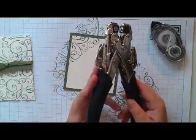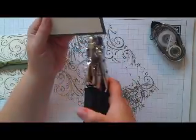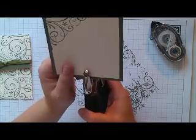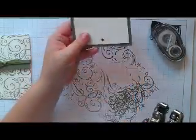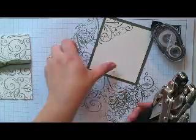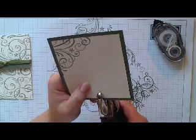Now I'm going to use the crocodile. I'm going to use the large hole, and I'm going to just eyeball it, but you could measure it if you wanted it exact. I'm going to make a little hole just in the top. Now, because I want to put my ribbon through and I want my eyelet to hold my ribbon in place, I'm going to make the hole just slightly bigger